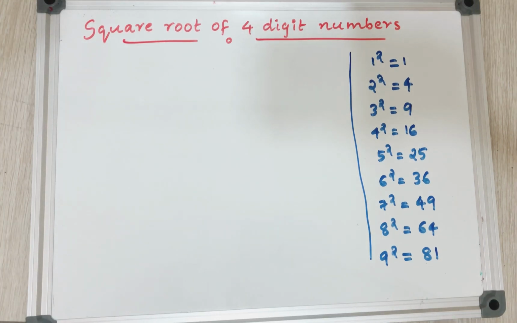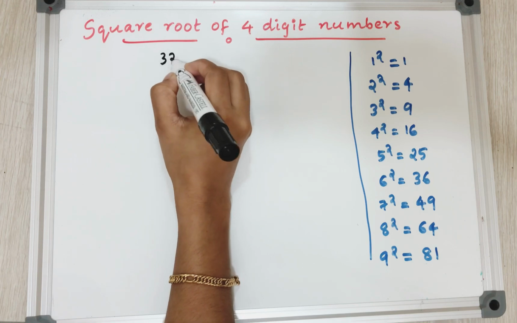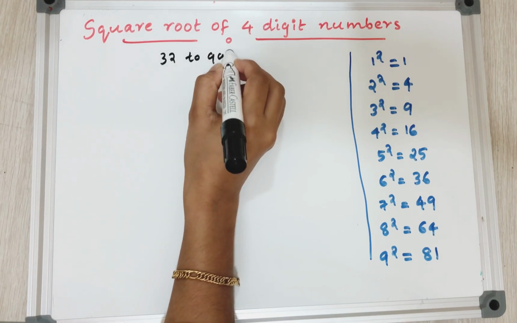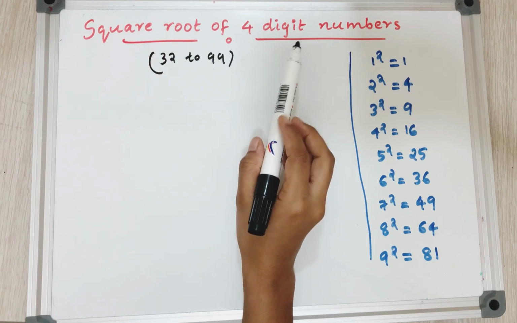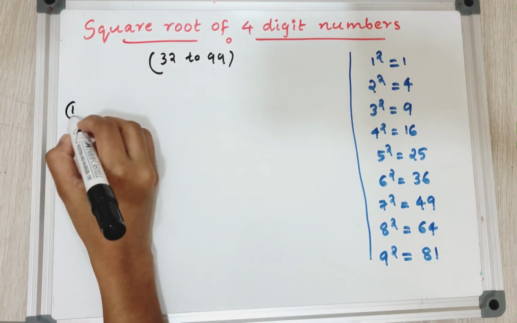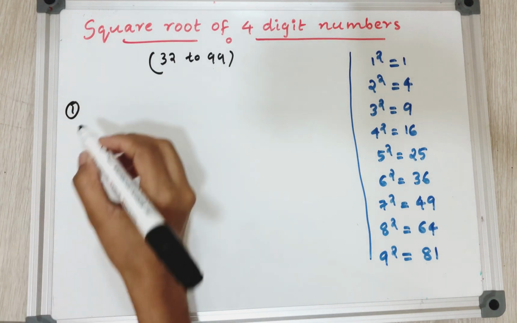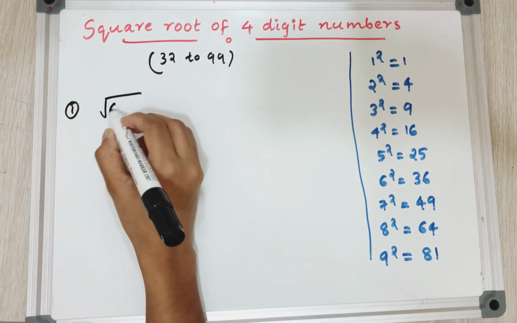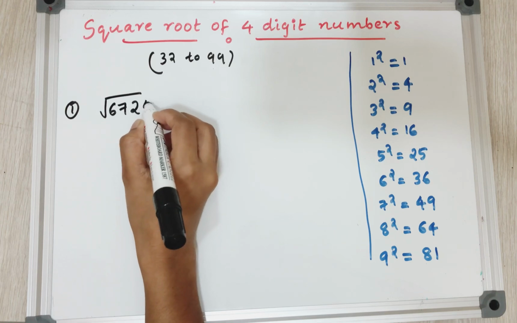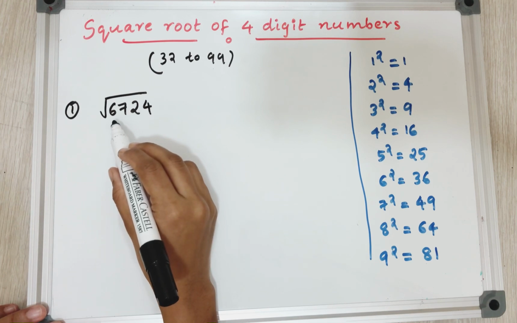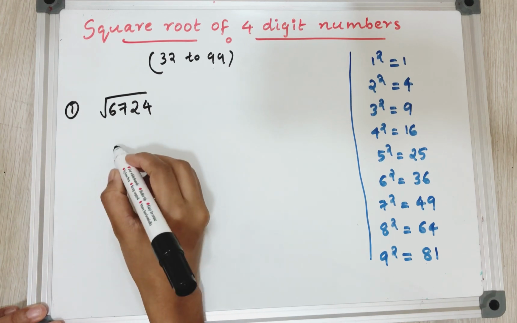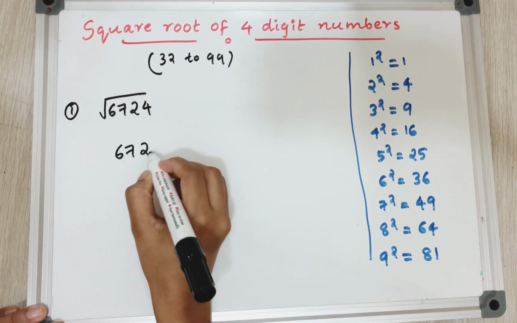Okay, we can see how to find the square root of 4-digit numbers. The numbers from 32 to 99 have the 4-digit squares. So we can see the first example. We can see the square root of 6724. To find the square root of 6724, see, we can write